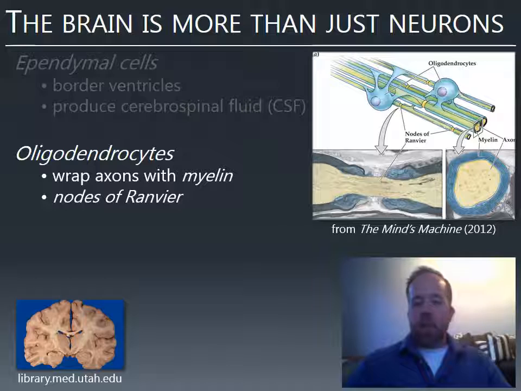But just know that coating the axons with this fatty substance makes them more effective, and it's actually this fatty substance that breaks down in diseases like multiple sclerosis. It makes the neurons less effective, which is why MS patients have a harder time moving, because the myelin is being broken down. Also down here in the bottom left, you see a slice of a brain. So we've all heard the terms gray matter, white matter, and it's the myelin that makes white matter white. Without the myelin, it would just all be gray matter.